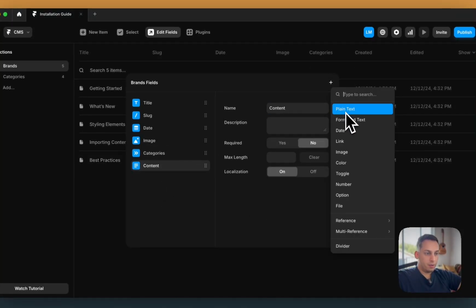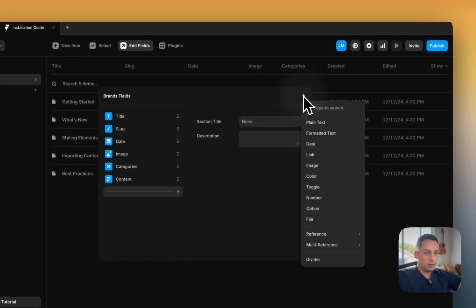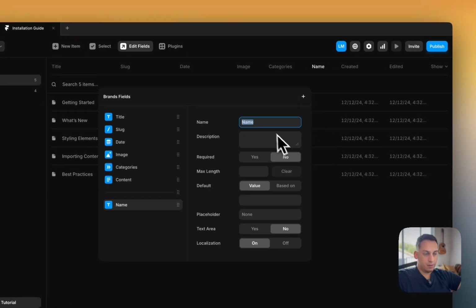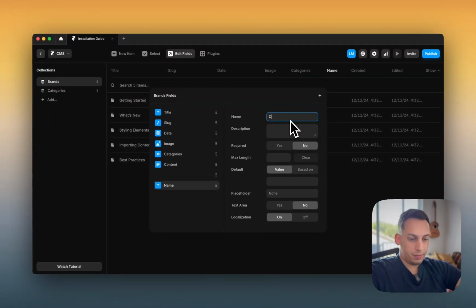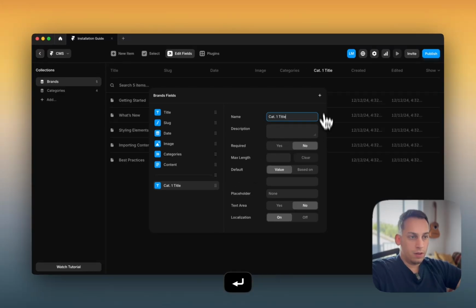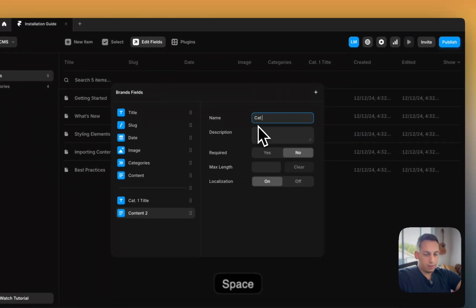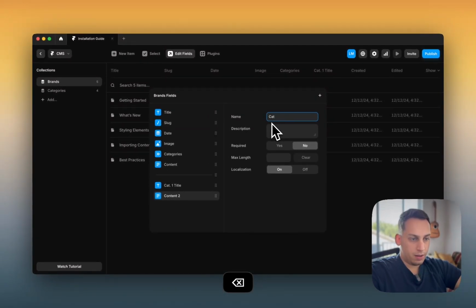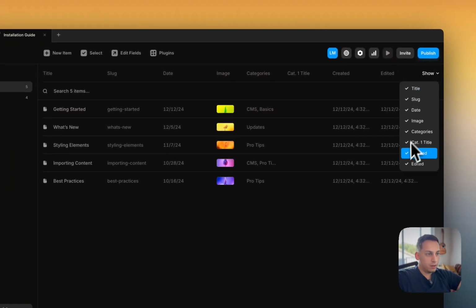So we're gonna have plain text. Let's put a divider, and then we're gonna have a plain text, and this is gonna be cat 1 title, and then we're gonna add a formatted text. Cat 1 content. So what I want to do here is that each one is going to have a title and a content, and